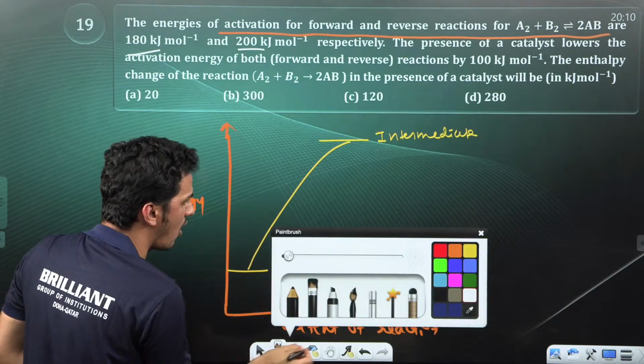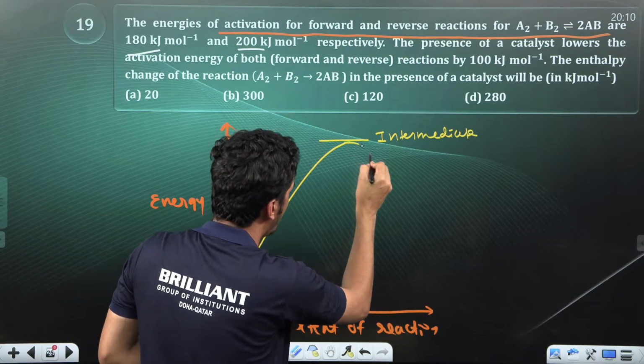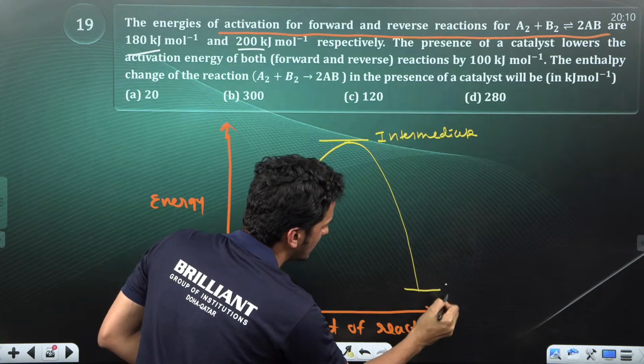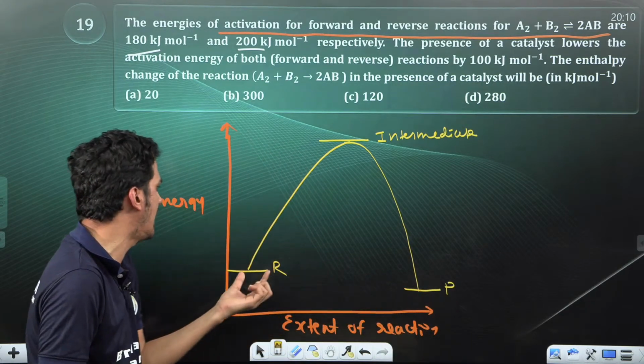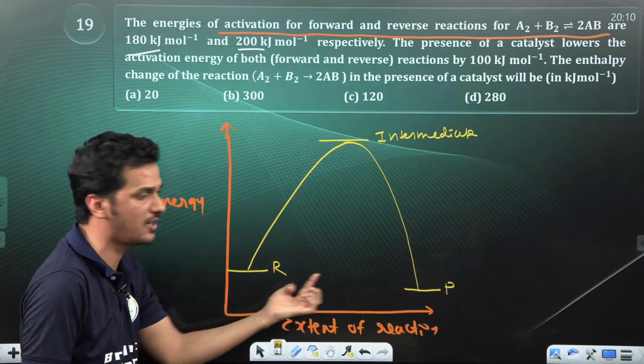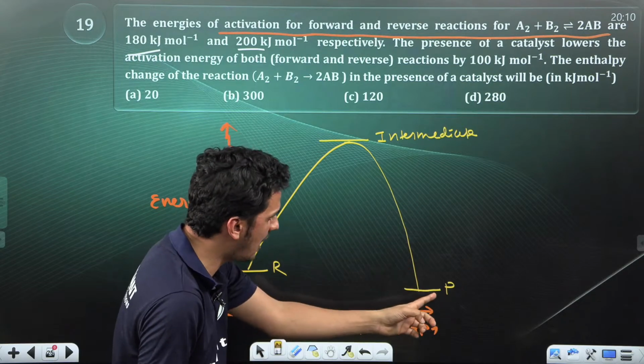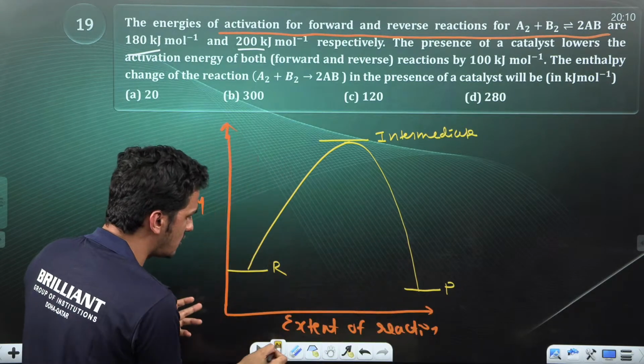So backward is more, obviously you have to remember, it will come here. I mean the product has less energy than that of the reactant. R is reactant, product is P. So that will have less energy because reactant to